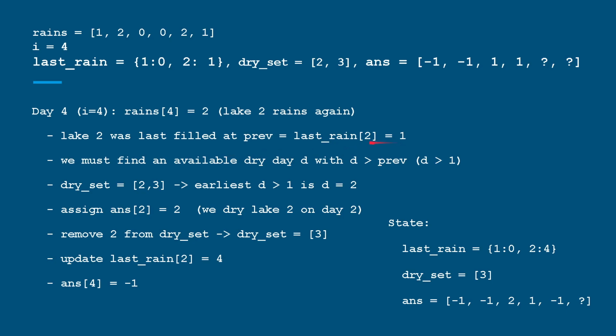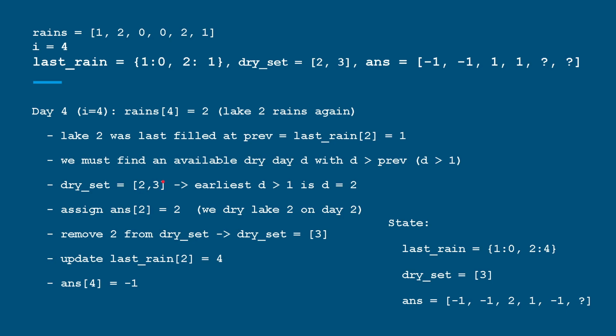So we will update from here. So last rain we know that is here, right? So last rain at 2 is nothing but 1, okay. So we'll say this is 1, so the previous is 1. We must find an available dry day d with d greater than previous, which is d greater than 1, meaning previous is 1, so from 1 it should be a greater value, right? So you will find in the dry set what is greater than 1, right? So the greater one is 2, so you will choose this 2. We'll say okay, the earliest d which is greater than 1 is d equal to 2, so we'll choose the 2